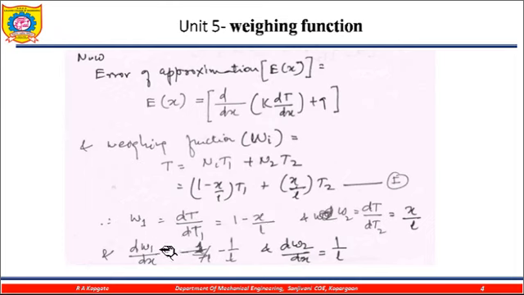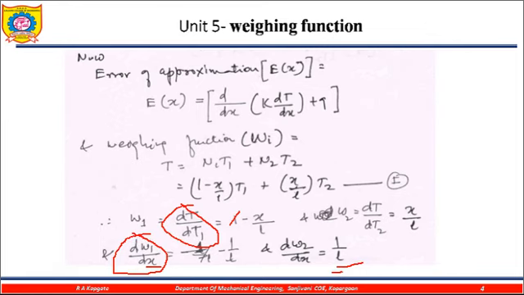So dw1 upon dx is equal to, this is constant, so this does not play an important role, but this plays the important role, that minus term comes here, then x is 1, so 1 upon l, and dw2 upon dx, then the x upon l, so the x is 1, so 1 upon l, so this is the output of this one. So here we are finding the two things, that is dT by dT1 and dw1 upon dx1. These two terms we later use in our derivation.